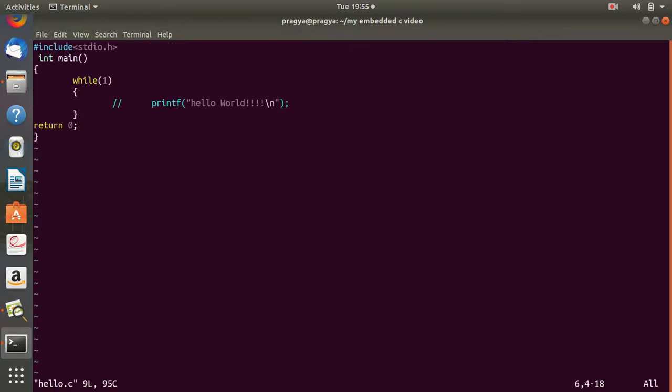So what exactly is a process? A process is a program that is executing and taking some CPU cycles. I've already written everything about processes and how to create a process in my blog, so you can read that. This is a basic program in C, my hello world program. I put the hello world in while one, and the reason is that if you just create this